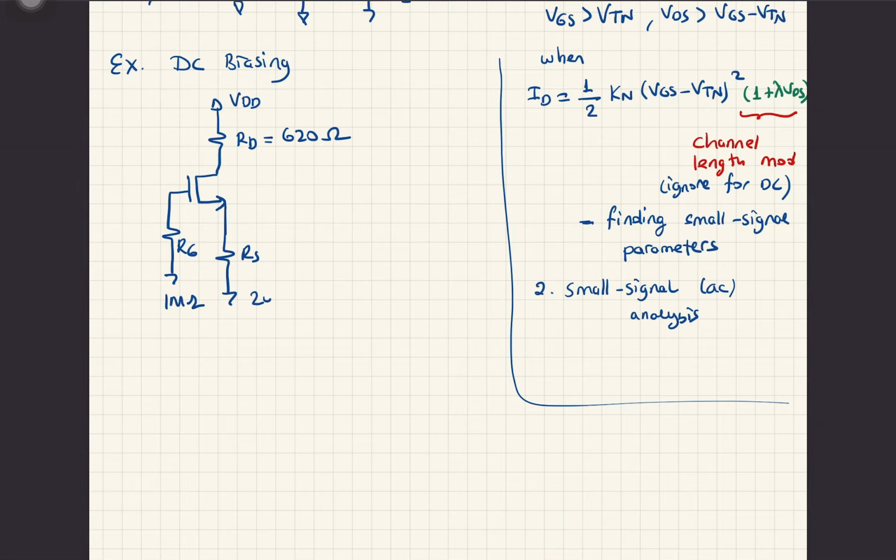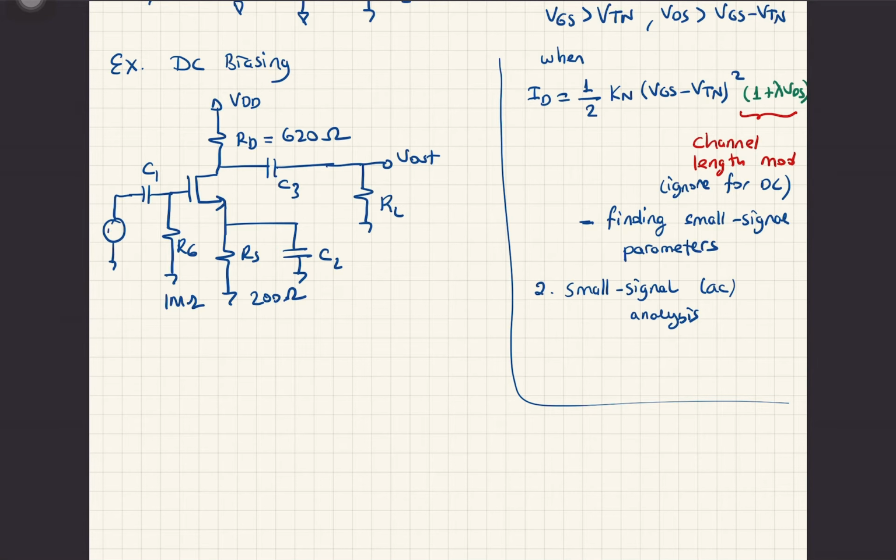RS 200 ohms. We have some C2 capacitance, and then C3, RL, V out, and at the input we have another C1 capacitance, some voltage source Vs,